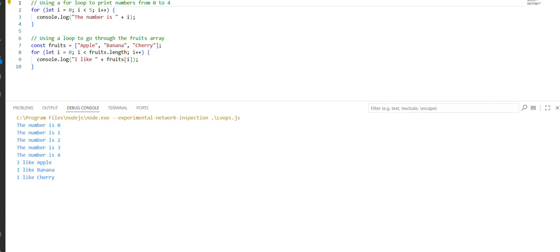There you have it. Those are the five core concepts that form the backbone of JavaScript. By understanding variables, arrays, functions, objects, and loops,